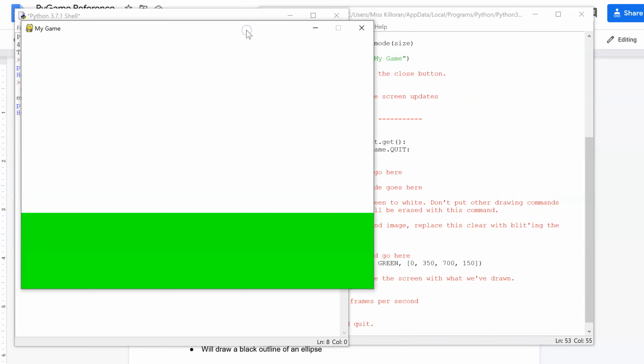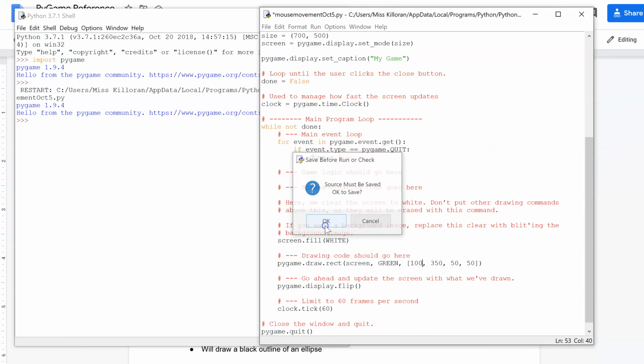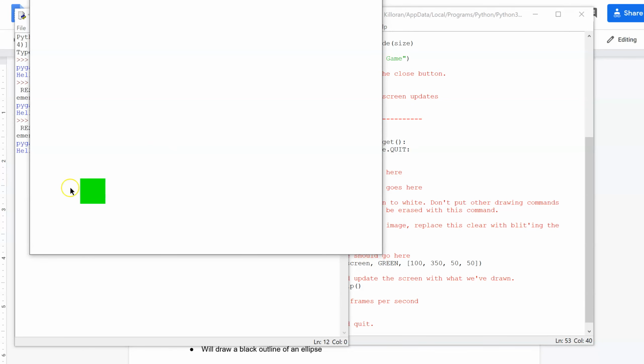So that's kind of what we want. We want to be able to draw something on the screen, but I want to draw a much smaller rectangle. So if we look at these rectangle dimensions, we know that this is the X and Y position, and then this is the width and the height. So I'm going to make it a much smaller rectangle. I'm actually going to make it a little cube or a little square. So I'm going to make it 50 by 50, and I'm going to have it start somewhere just inside the screen. So let's do that, see where that is. Okay, so now we have a little square,